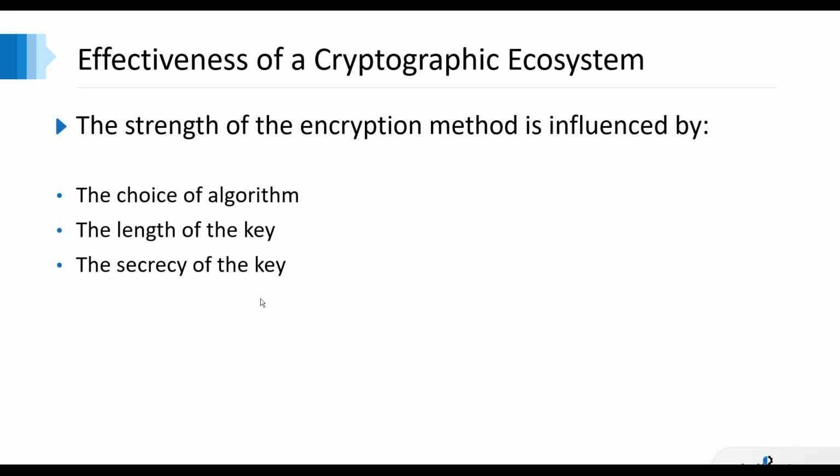Of course, the pun here is that the key to the encryption is the key itself. So the secrecy of the key is going to influence the resistance to abuse of that encrypted data. So really, if you expose your key, you have now undone all the protection you had from that encryption, and you no longer need a key to decrypt that data and have that data in the clear.